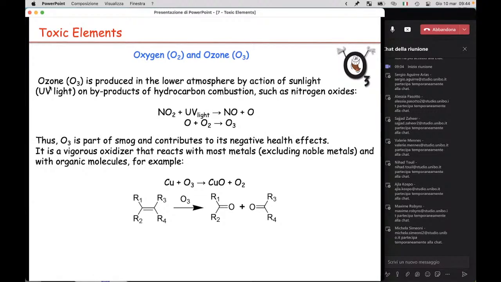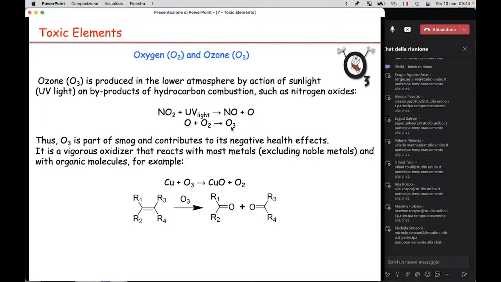And UV light, in fact, with its high energy, produces ozone from oxygen, okay? Because part of oxygen molecules are directly broken down into oxygen atoms, single oxygen atoms. Those are also radicals, and one oxygen atom plus one oxygen molecule produces ozone. This is a, let's say, natural reaction,